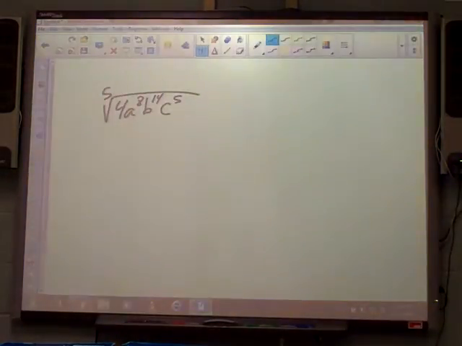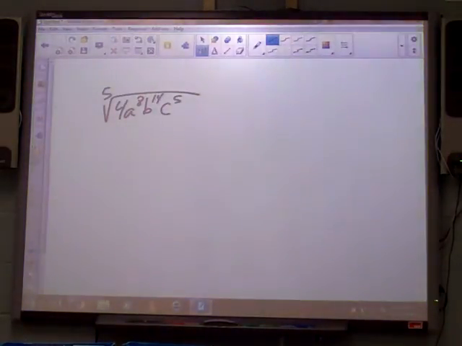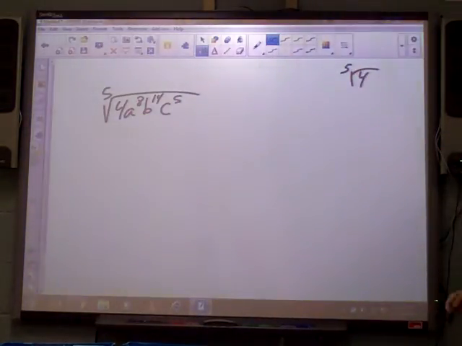Alright, we got the 5th root of 4a to the 8th, b to the 14th, c to the 5th. The directions just say to simplify. Alright, so perfect 5th. First off, there's nothing adding, subtracting, no fractions. Don't gotta worry about any of that nonsense. Will 4 break down? Is there a perfect 5th that will go evenly into 4? No, we already said the smallest one other than 1 is 32, and 32 won't go into 4. So I know that I'm going to have a 5th root of 4 in my answer. So I'm going to write that over here to save it.